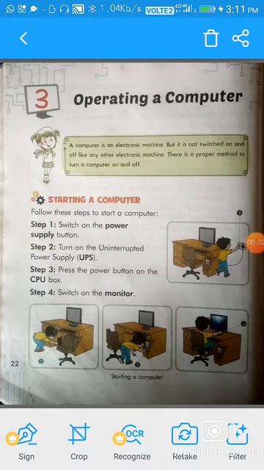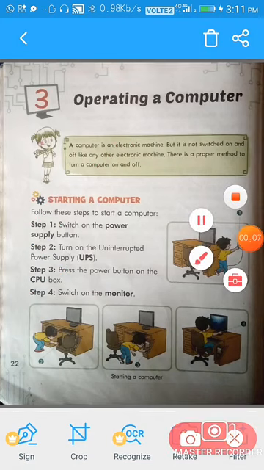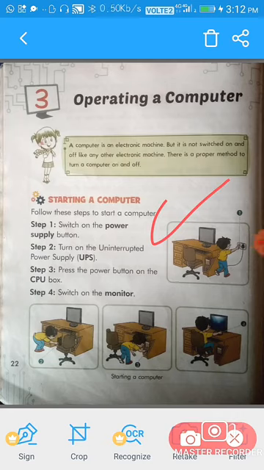You can see in this picture how to start a computer, on the screen and in your notebook also.